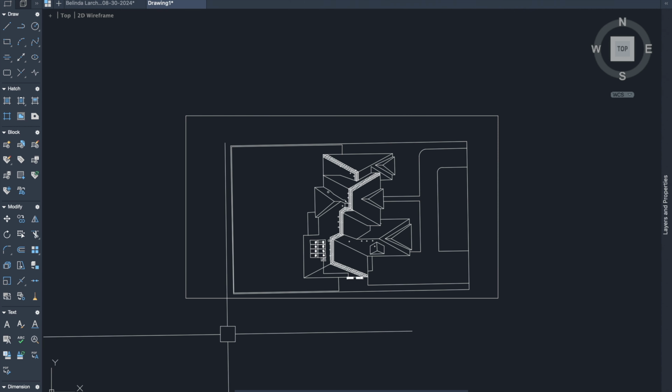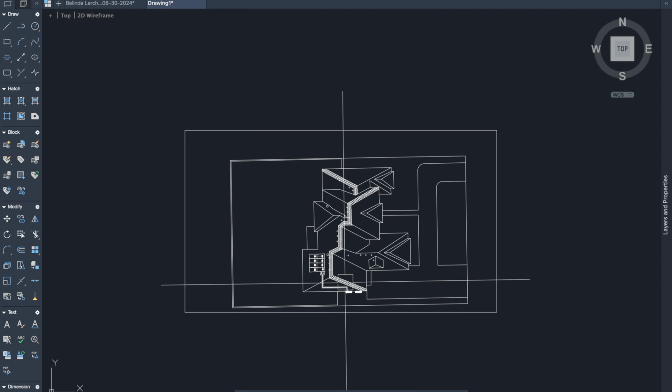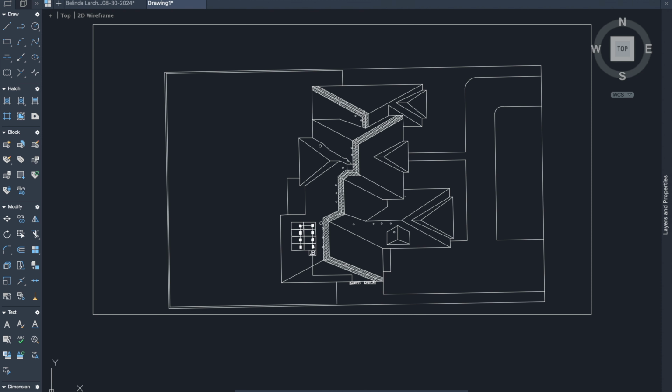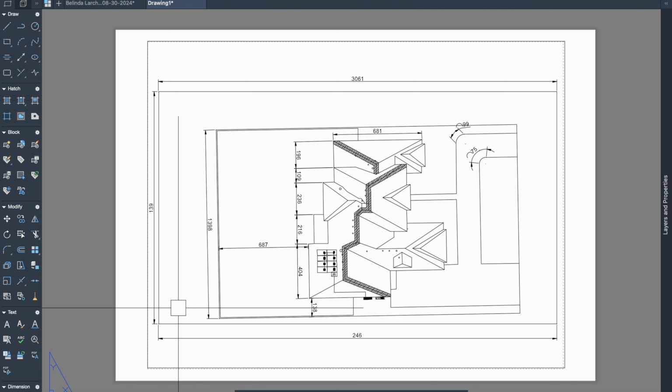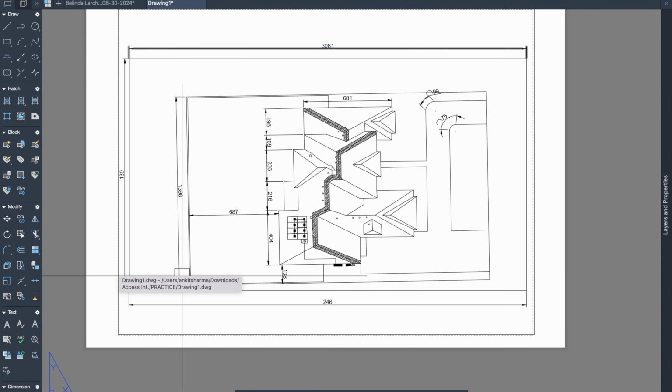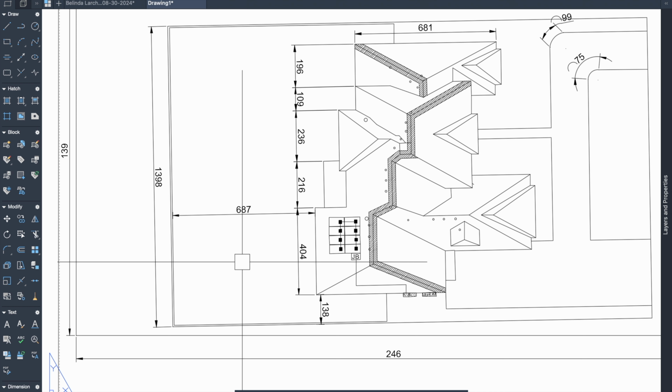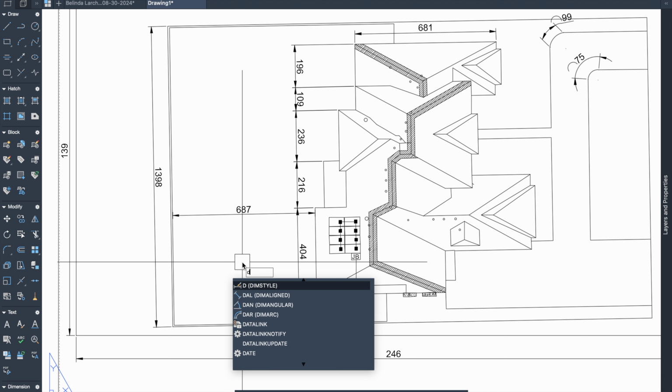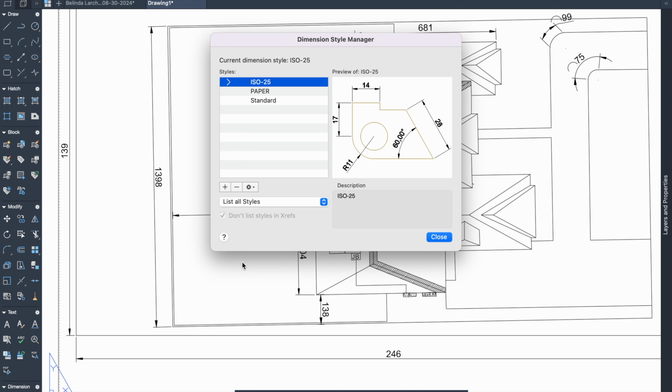So today we are going to be learning how we can change the dimension setting. As you can see over here, all the dimensions which I have provided are not giving my dimension in architectural form, like in feet and inches. To change this, the command we will use is we will type D, enter, and we will change the dimension